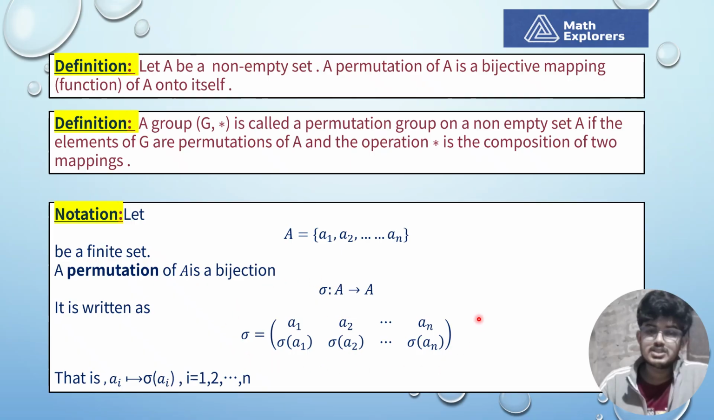इस रिप्रेजेंटेशन में पहली ऊपर वाली का जो इमेज है, वो नीचे वाली को डिनोट करता है। ऊपर वाली का जो इमेज है, माने a1 का इमेज sigma a1, वो नीचे वाली एलिमेंट डिनोट करता है। क्लियर? नेक्स्ट पेज।